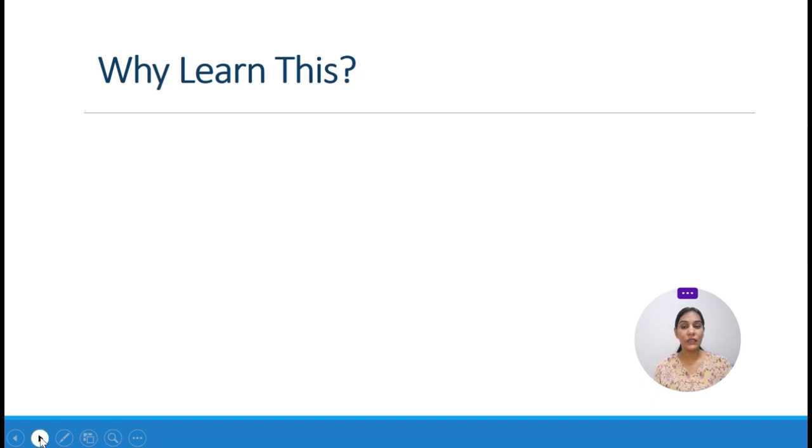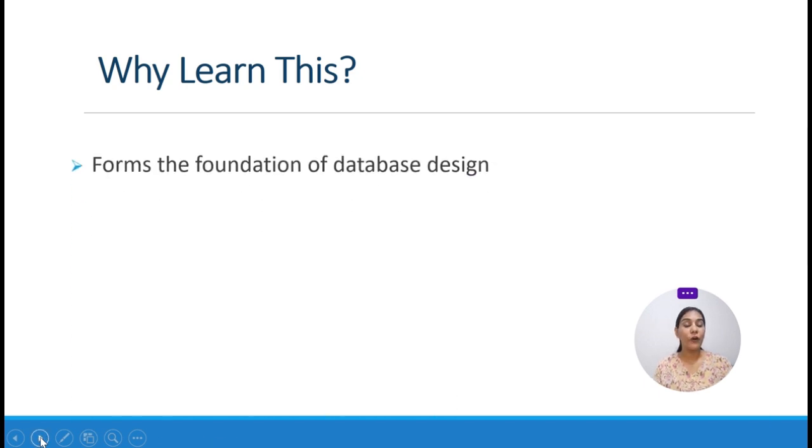It is necessary because it forms the foundation of our database design. It is utmost important when we are storing something that it should be of accurate type. If we store wrong data, our database does not maintain the integrity of our data, which is not good for a great database, or that is not a strong foundation of a database.